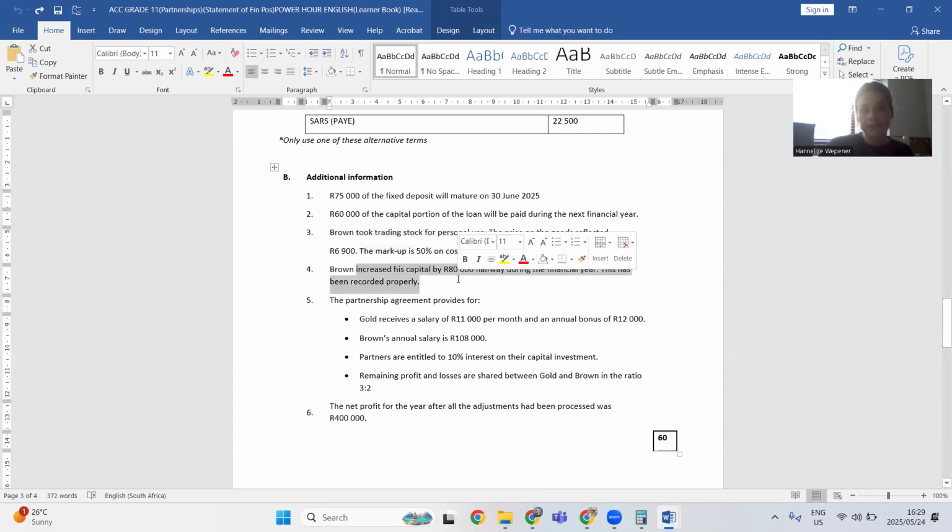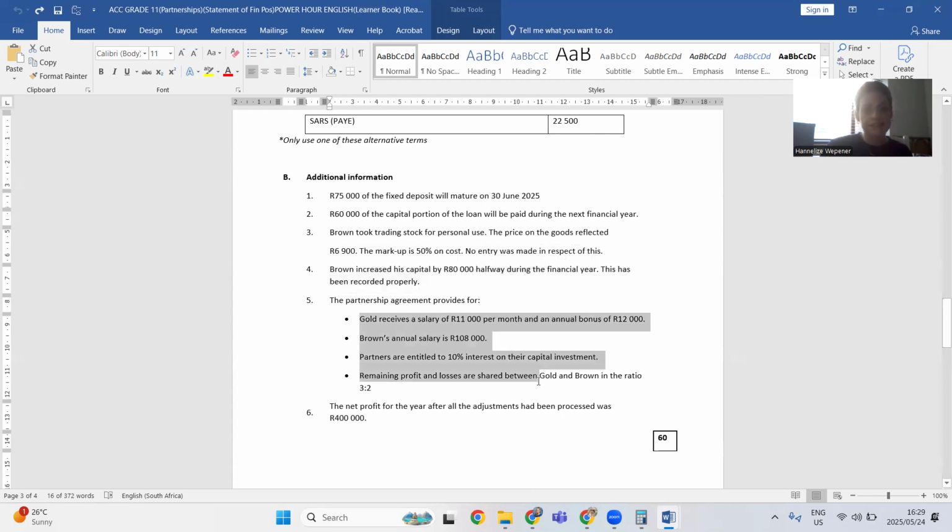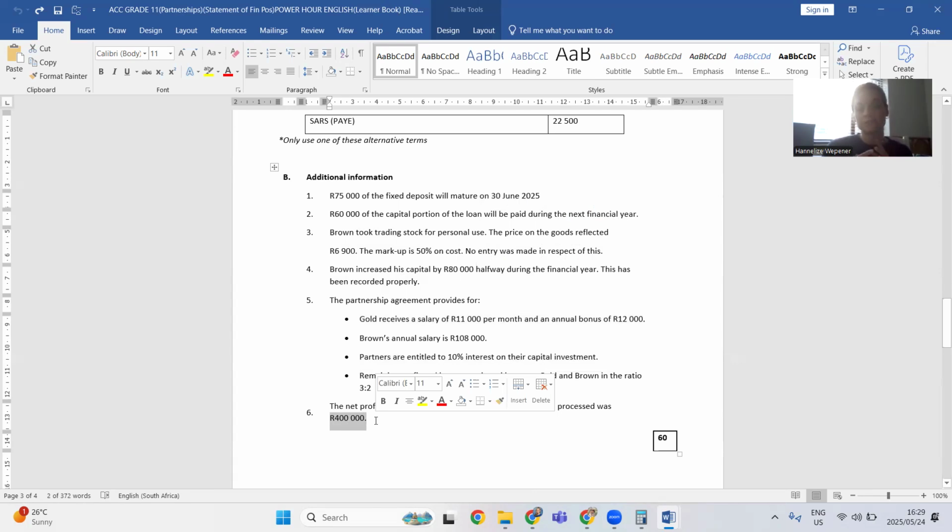Brown increased her capital halfway throughout the year. This has been recorded. We only needed that to calculate our interest on capital. Then we have the partnership agreement. That's for the current note to determine the earnings per partner. And then we have our net profit for the year, which we needed to be able to calculate the final